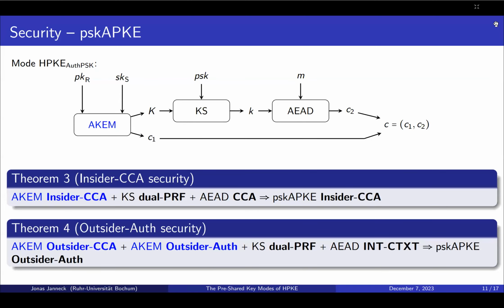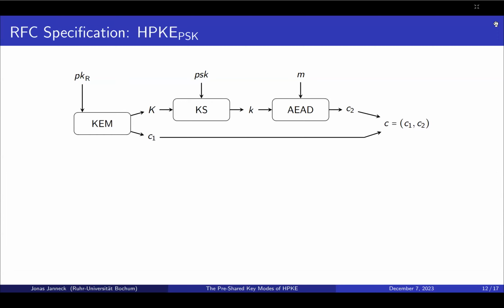And for authenticity, as I said before, on this outside notion of the PSK, APPD, we need both PCA security as well as auth security for this ACAN, but also only in the outside setting. Okay, so this was the security for generic composition theorems, but now let's take a closer look at the actual RFC